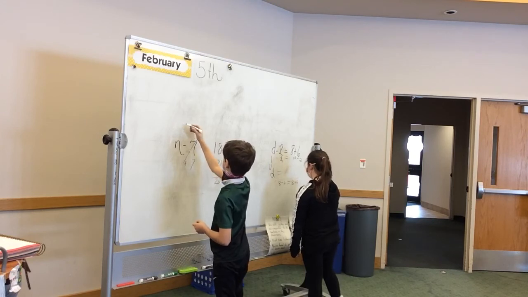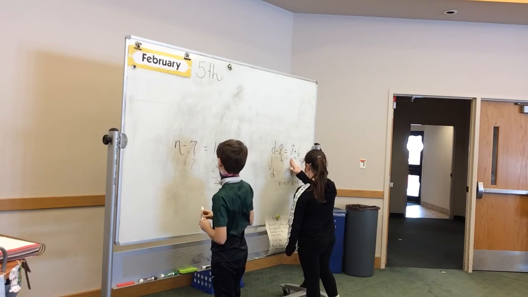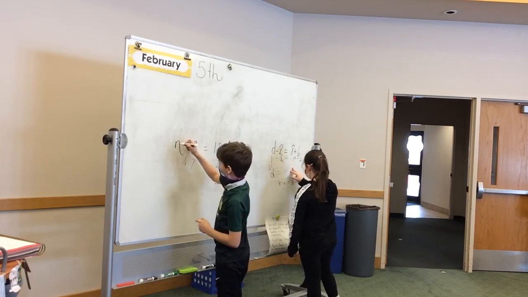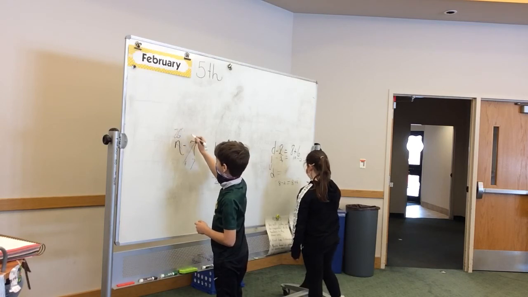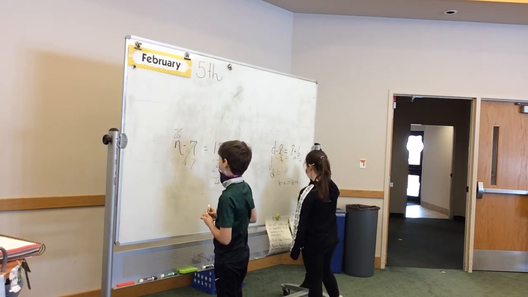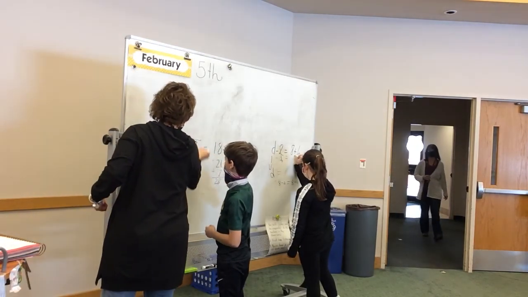You got it. N is what? The N is the 28. Yes, you got it. The N is the 28. So then you solve that problem. So N minus 7, because remember you solved the initial